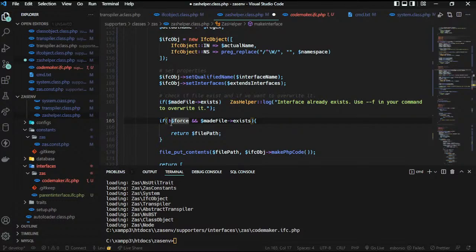Or, this is something that has to do with an OR case. First, we check if we are forcing and the file exists. But if we are not forcing and the file exists, we don't want to overwrite it. So there are two cases. One, we force while the file exists, and two, the file does not exist. So or not